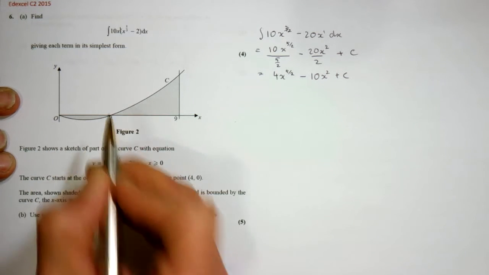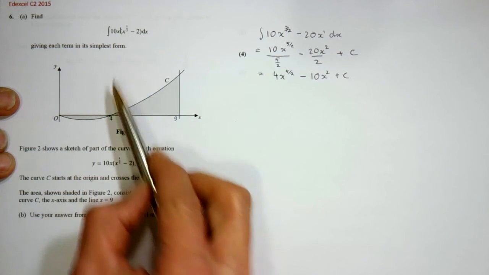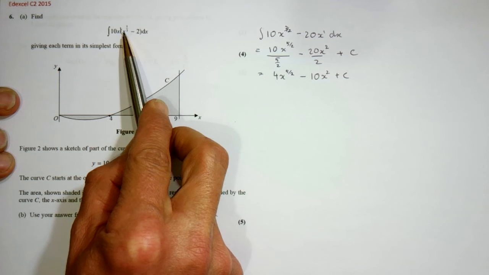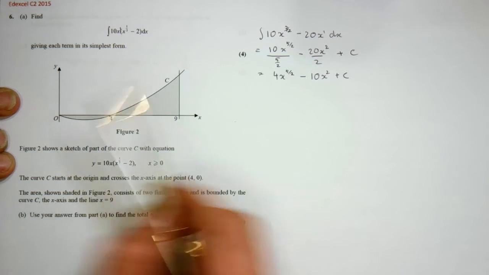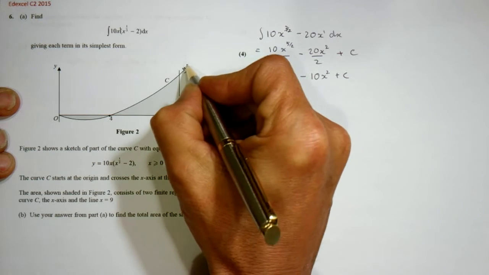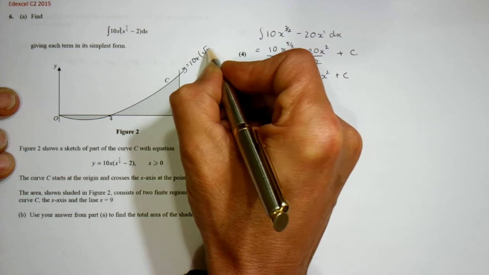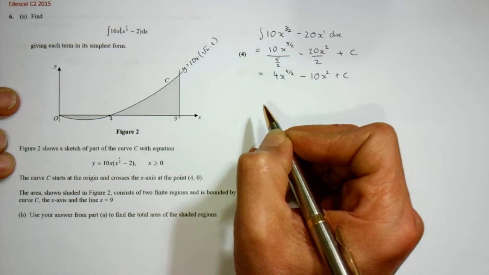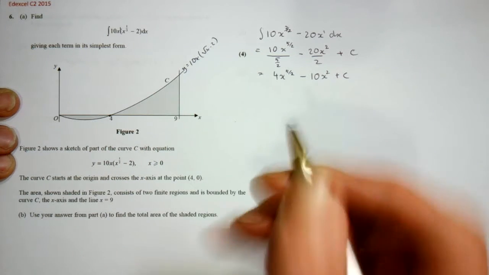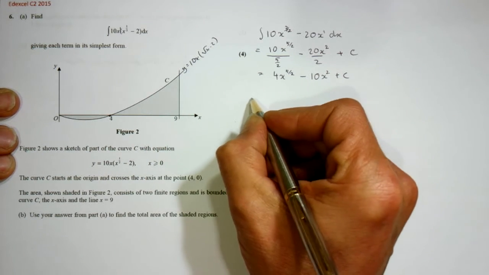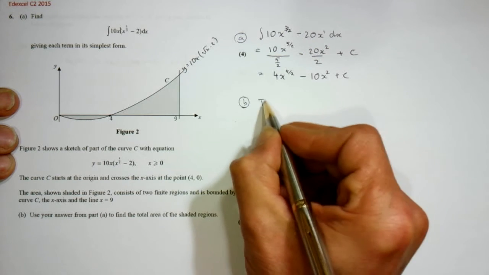We're given the intercept, we can check that. 4 to the power of a half is the square root of 4, which is 2. Take away 2 is nothing. So this curve, which is y equals 10x bracket root x minus 2, if you like, crosses the axis when x is 4. So we're going to have the total area, so this is part A, part B, total area